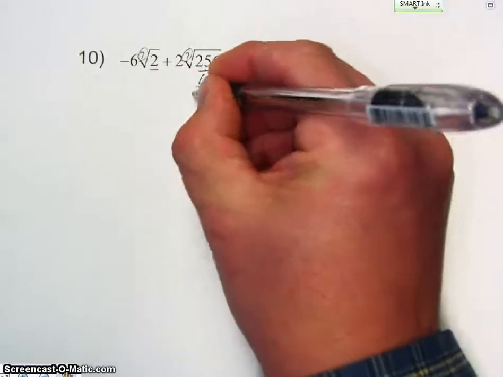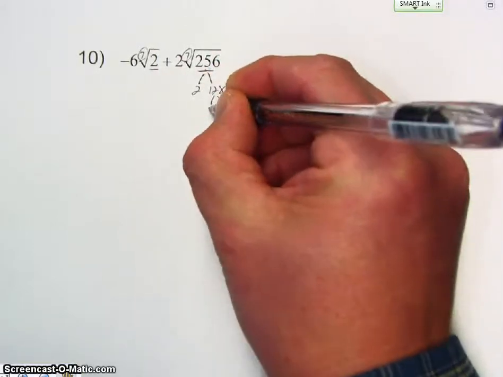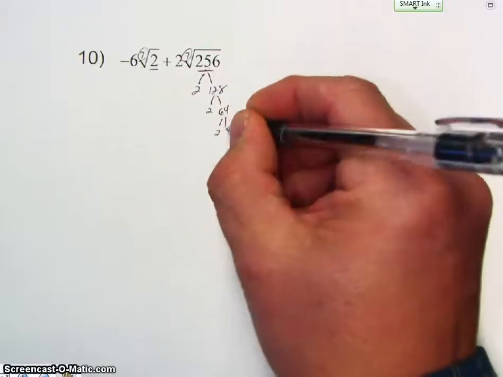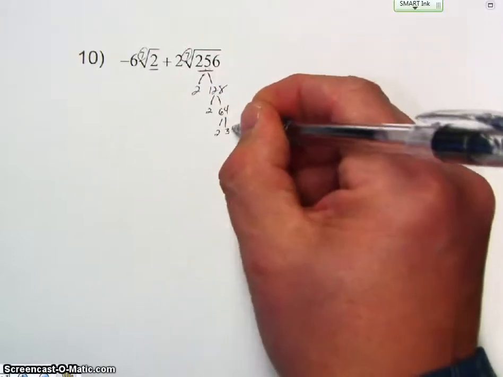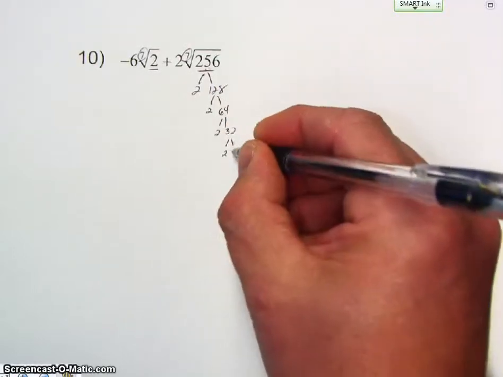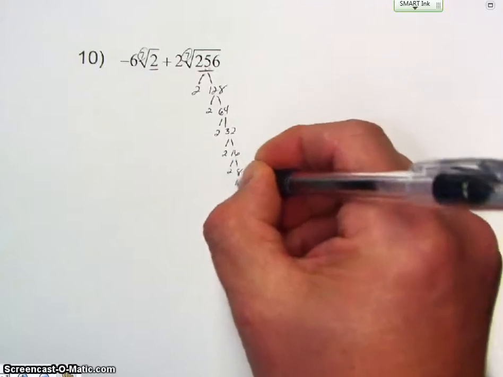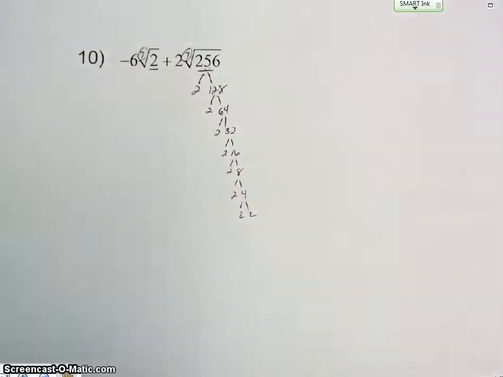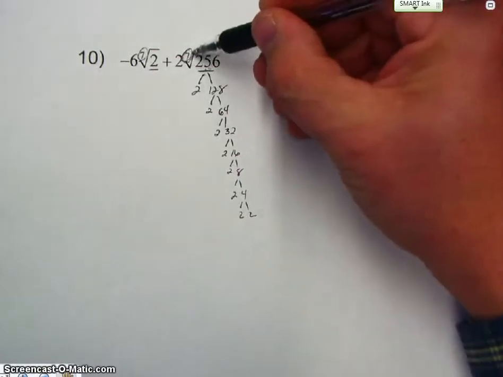So 256 is 2 and 128, 2 and 64, 2 and 32, 2 and 16, 2 and 8, 2 and 4, 2 and 2. Seems tedious, but I think it's the best way of doing it. For me it is. Alright, so for every 7,